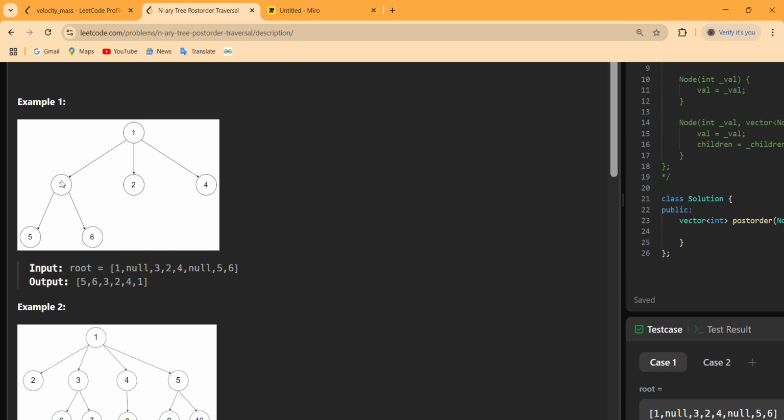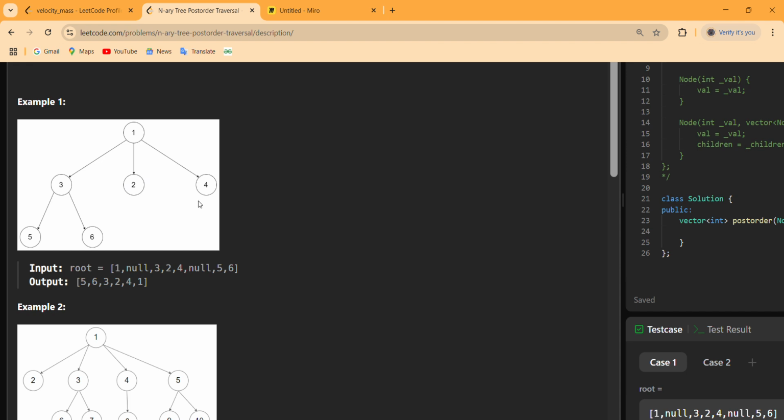Then we come back to this 3 and it gets evaluated, so we put this 3 into our answer and then move to its sibling, that means this 2. For this 2 we have to check if it has some children or not, and as we can see there are no children for this 2, so evaluate this 2 and move to its sibling, that means this 4.